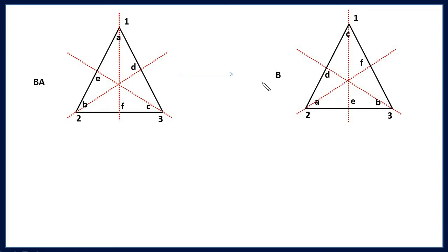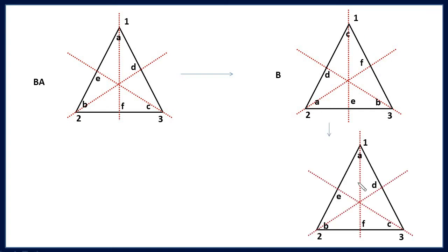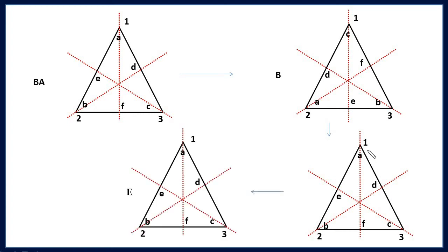Now what we have to do, we have to apply this B transformation. And what is this? This is rotation by 240 degrees. Now just rotate it by 240 degrees. Once you rotate this by 240 degrees, the new position of A will be 1, new position of B will be 2 and new position of C will be 3. And we have seen that when we apply identity transformation, that is rotation by 360 degrees, the system remains the same. Therefore, we can write this system like this also. Once you operate this operation E on this system, it will remain the same.